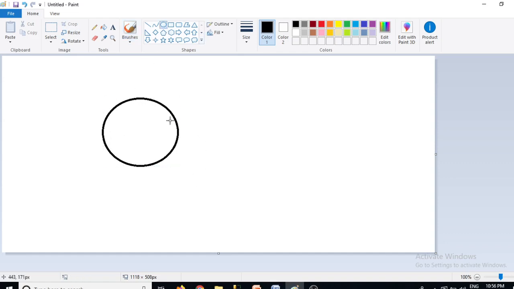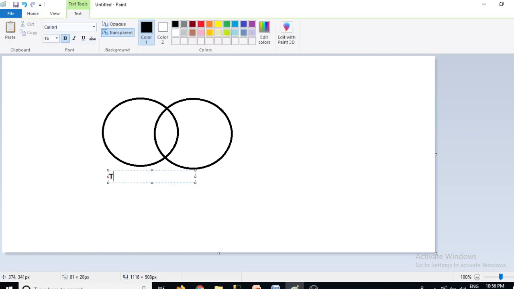So let's say this is my table A and we have another table. So we have two tables over here, and let me just write this is table 1 and this is table 2.